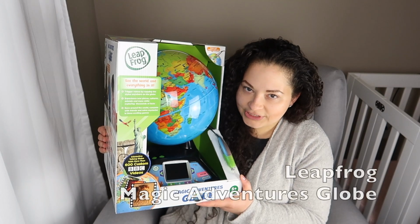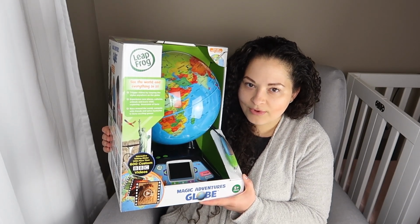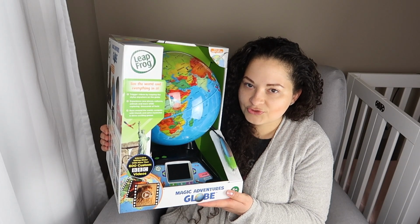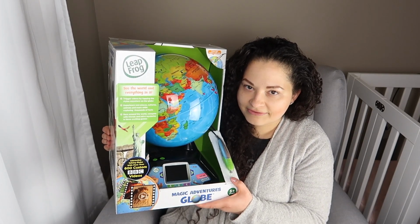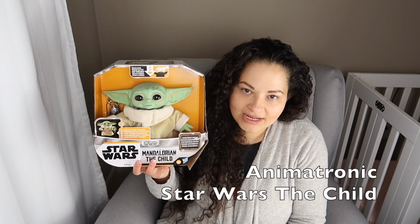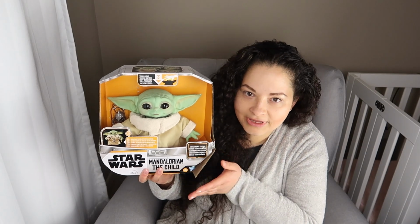I have a feeling he's absolutely going to love this, and we've had good luck with Leapfrog products in the past, which is good because I'm always a little bit on the line about how supposedly educational talking toys are, but with Leapfrog I've really seen my kids learn from their products and enjoy them. And I decided to violate my rule about the loudness and the talking and the screen because I know he is going to love this. In the past, if someone said, we're getting our kid this talking globe as one of his big presents, I'd have been like, that sounds super not fun. But I know my son, I know he's going to love it, and I'm sure there are a lot of other kids that would love it as well. He somehow found out about this and knew that he had to have it, and he wants it so much that I decided that purely for joy, we should get this for him, and hopefully,